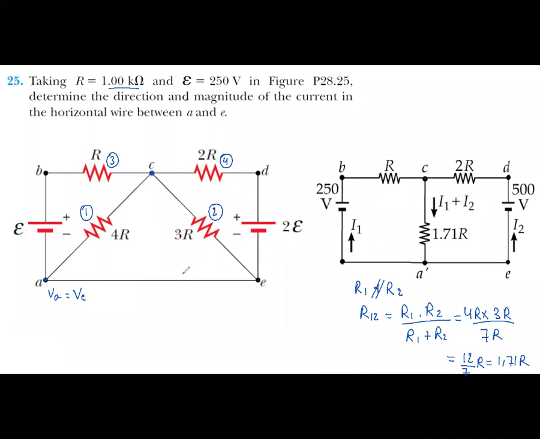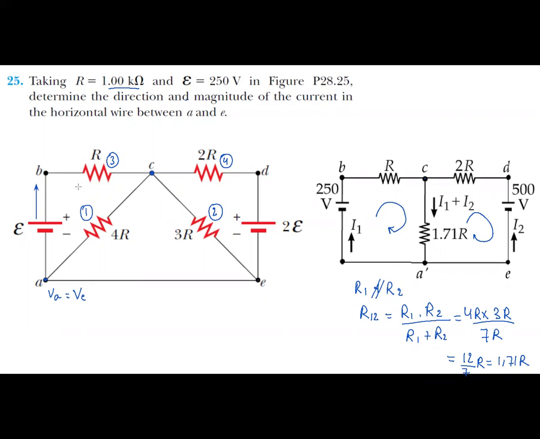I need to calculate, as you see, I need to calculate I here. Now, before that, first of all, take two loops. One loop here and one loop here. We can calculate I. You know, we choose an arbitrary direction of I. Here, let's take I1 up.